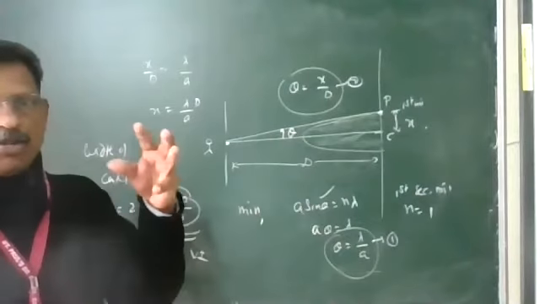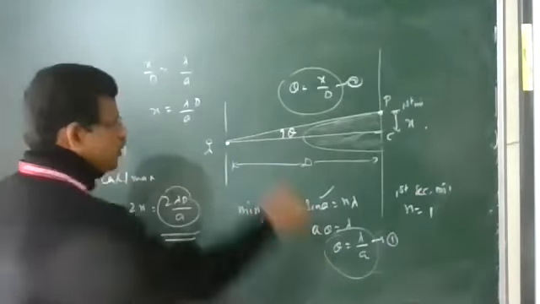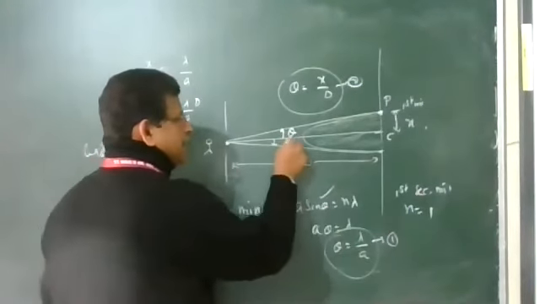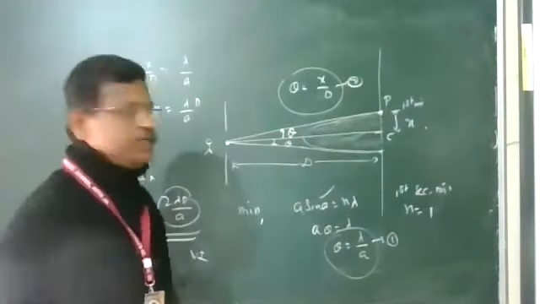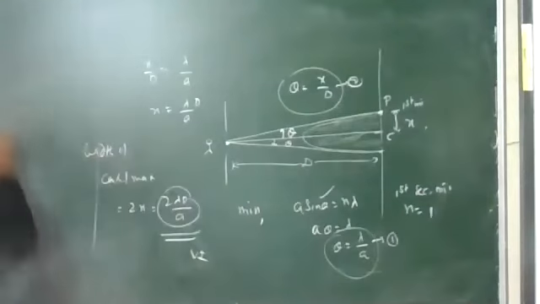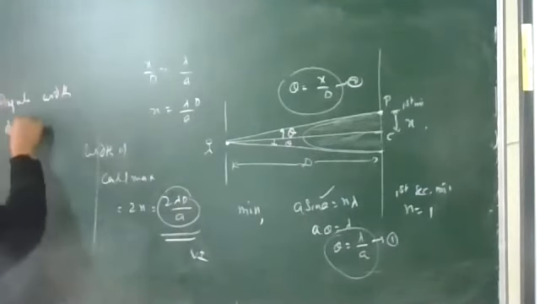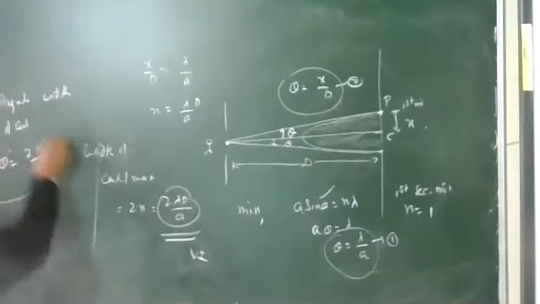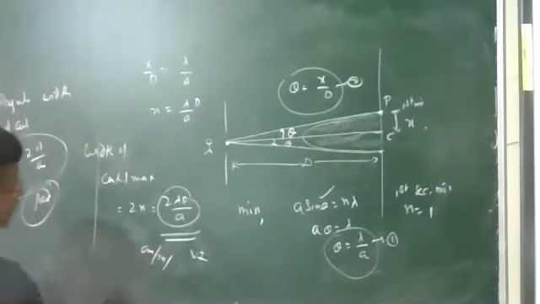Sometimes you get the angular width of the central maximum, that is, through what angle you can observe the central maximum. Angle theta. So if one can see down, this also will be visible below, so you have to see this whole angle. So the angular width of the central maximum here is the total angle, that is 2 theta. We will calculate 2 theta as 2 lambda by a. Very important: if you measure in radians, it is fine, or it can be measured in centimeters or meters, whichever is convenient to you.